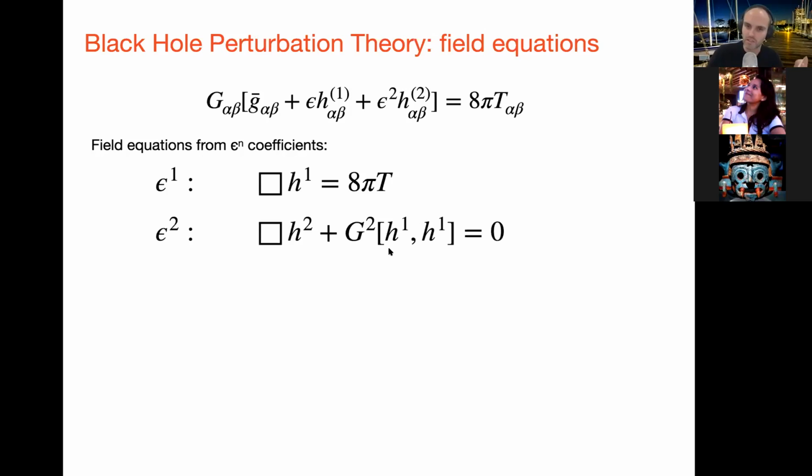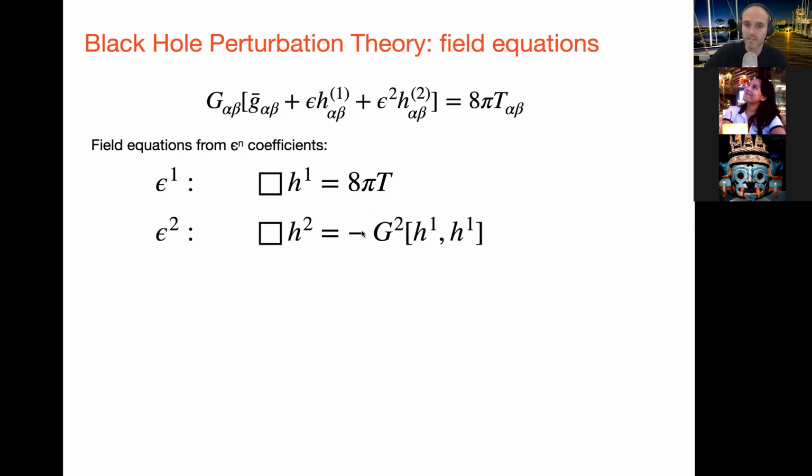So these are now the equations that we care about solving, and let's look a little bit at how we actually do this in practice. So the first thing we can note is at second order, we can move this second term onto the right-hand side to make it a source for our second order perturbation. So we go ahead and do that. And so now we have an equation that we like. Our box operator is now sourced by some combination of first order metric perturbation terms. Right, so the second order perturbation is sourced by the first order metric perturbation. Now, unfortunately, it turns out that this thing is ill-defined.